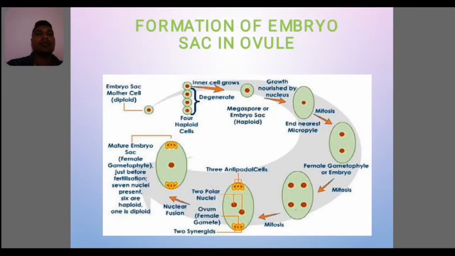Then there is the formation of the embryo sac in the ovule. So how is the embryo sac formed in the ovule? First of all, the embryo sac mother cell, which is diploid in nature, will form 4 haploid cells by meiosis. The inner cell will grow and be nourished, and the other 3 cells will degenerate. Then, because of the growth and nourishment of that single cell by the nucleus,